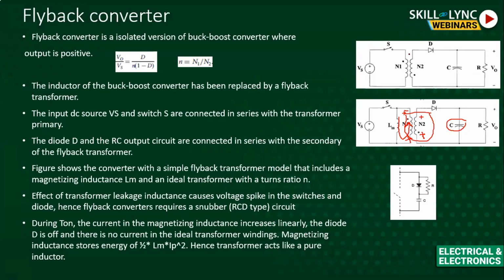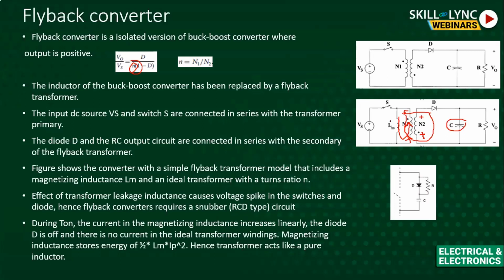Overall, if you see, the flyback converter is not a transformer. It is like an inductor with multiple windings basically. And if you see the input-output transfer function, another term n has come. So using this n also you can control the output. Basically this kind of converter is used for offline applications where the input voltage is high, like 230 volt input. From there we can derive 5 volt, 10 volt and 15 volt like that. That is the popular application of this flyback converter. And if you see here, the output is positive, not like a buck-boost converter. So that is another advantage.